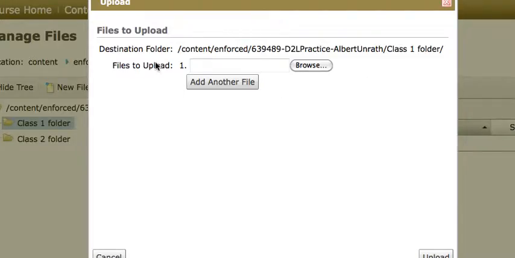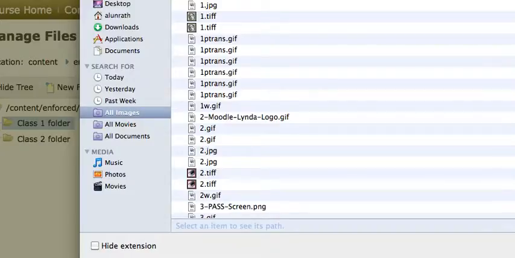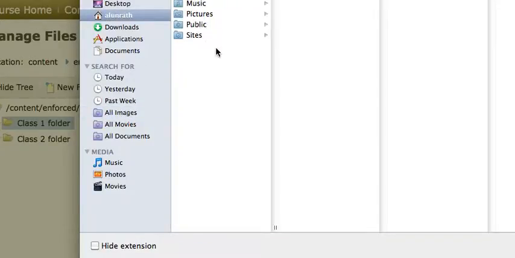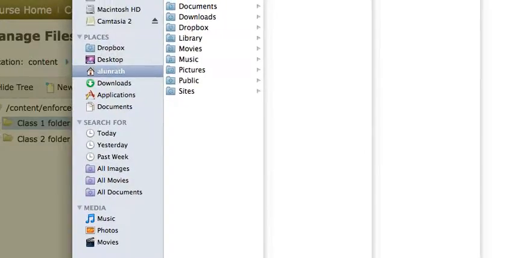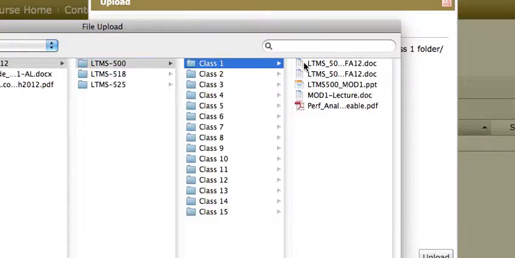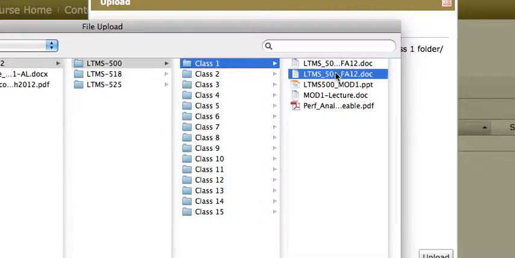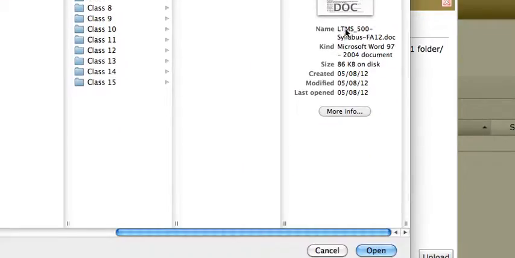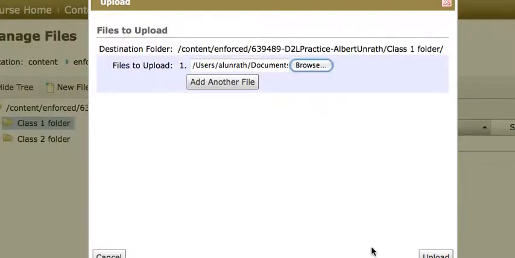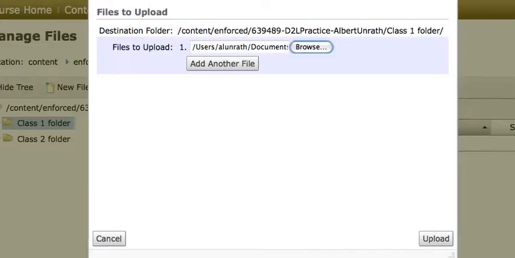Once I've clicked on the upload button, it gives me an option to browse. I can browse to my local computer, find my files, go into my Class 1 folder, and then select my syllabus. So select that file. Down here at the bottom I can choose Open,